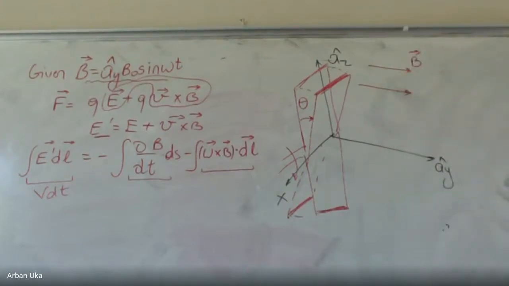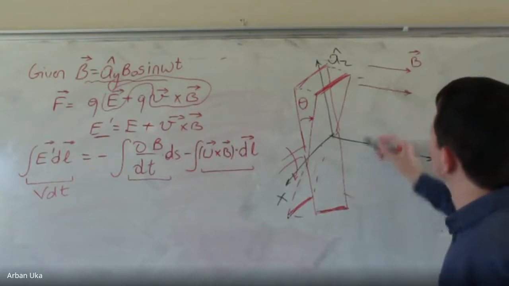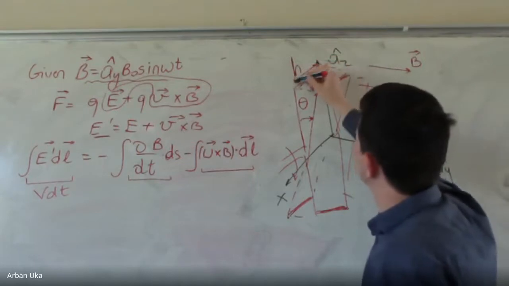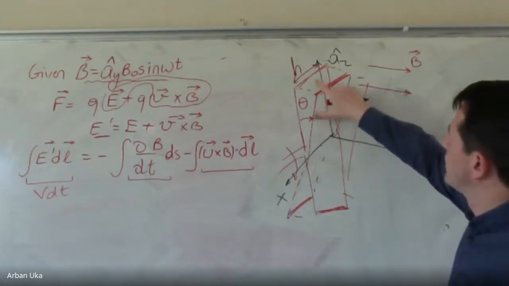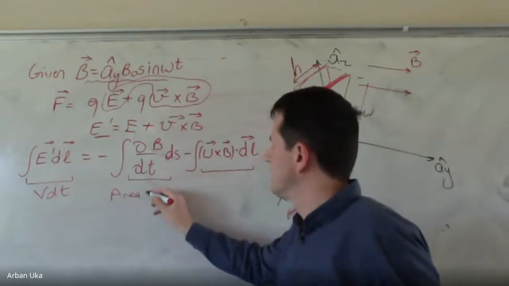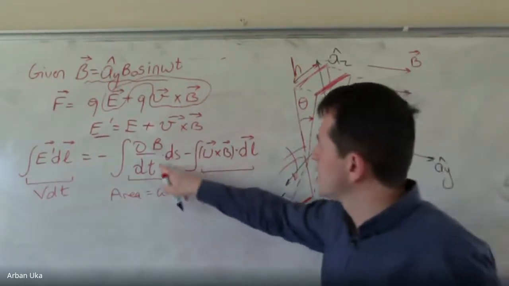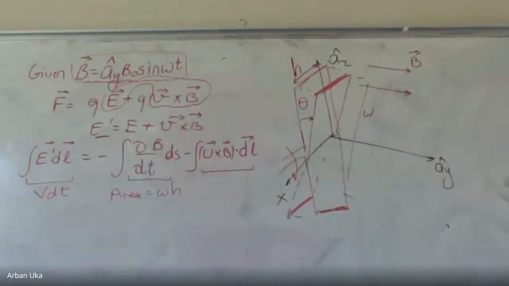So with this expression, I guess we can identify, so if we denote, let's say that the width of this circuit is W, and the length here, let's denote this one, is length H, okay? And it looks like the surface area of this circuit is equal to W times H. Okay, so area, this is the width times the height. Then with this area, we just multiply with the rate of change of the magnetic field, and we get this contribution. And the other part,